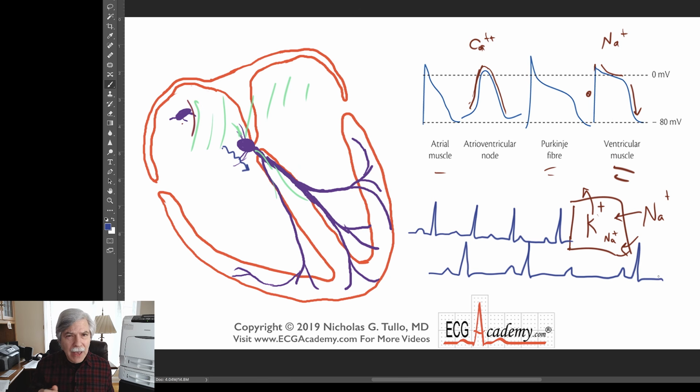Does that make sense? Okay, I go over this in my AV nodal section in ECG Academy, but this is something that a lot of people don't think about, because by looking at the pattern of the PR prolongation, whether it's prolonging or not, you can tell the level of the block. Is it blocking in the AV node itself? Or is it blocking below the AV node in the infranodal tissues, the His bundle and the Purkinje fibers, right? So that's why it's so important. Well, why is that important?